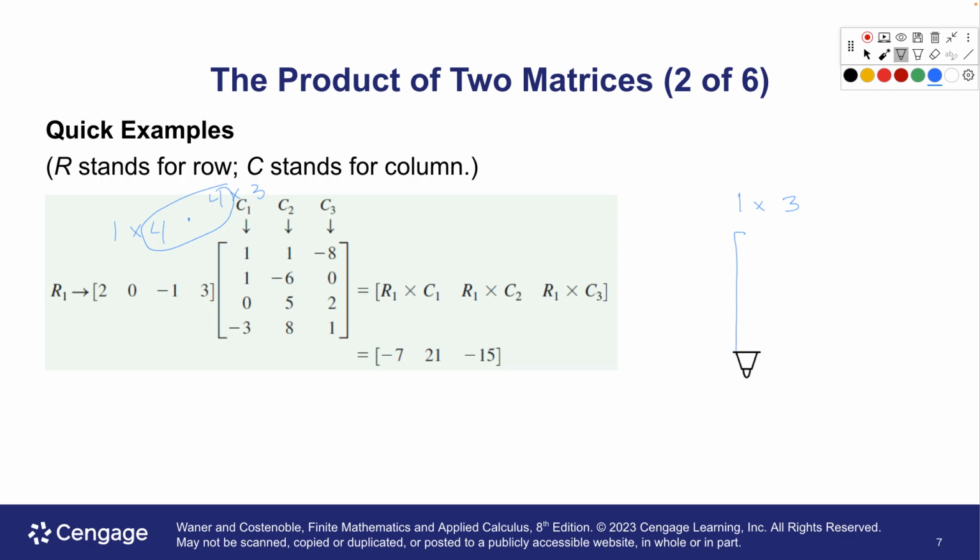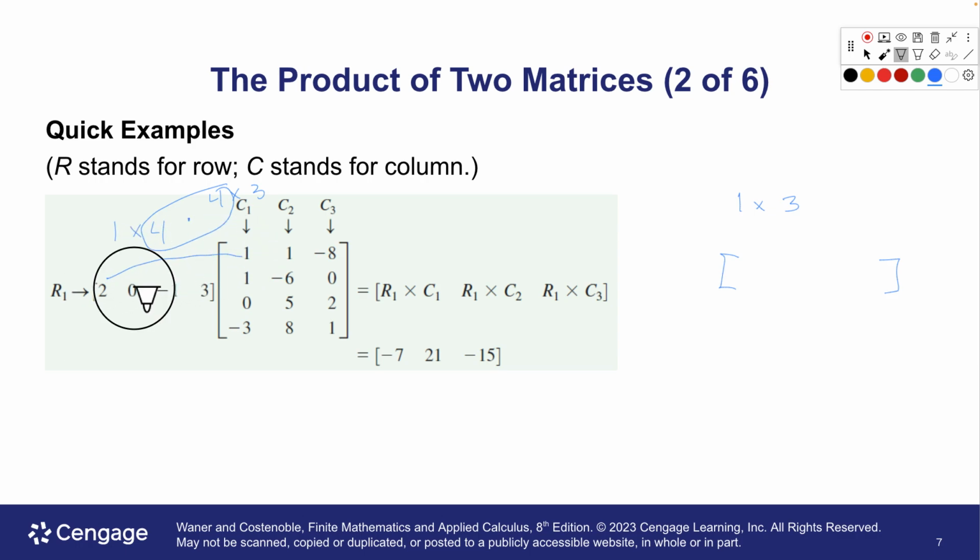Backwards. 1 by 3. 1 row, but 3 columns. So the first time we're going to, and I've got the answer here, but you take 2